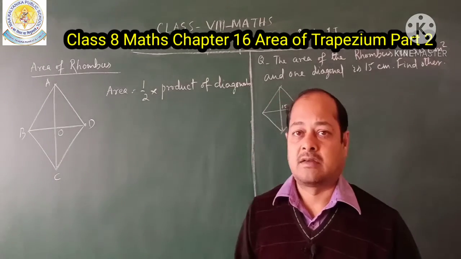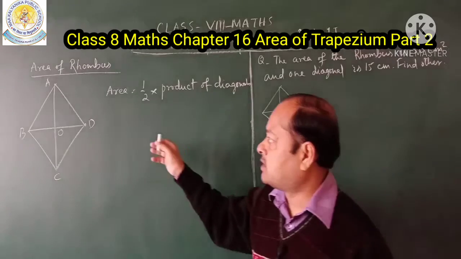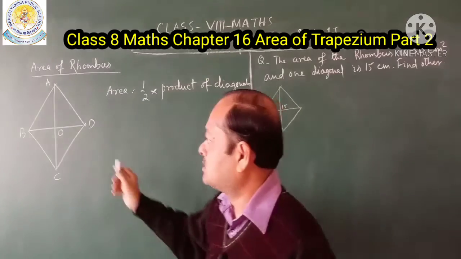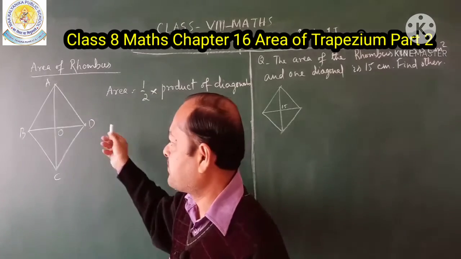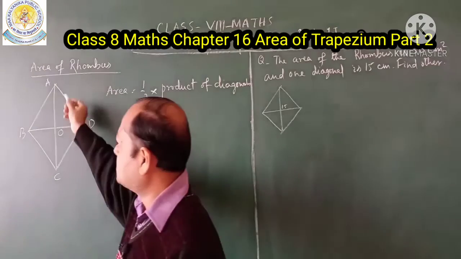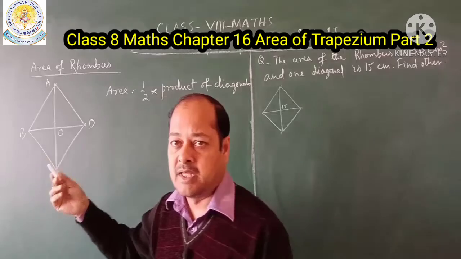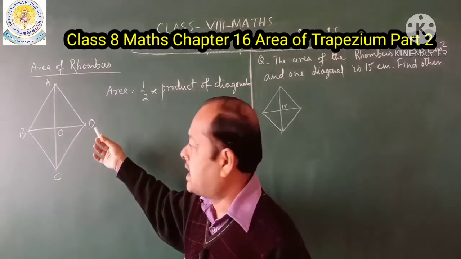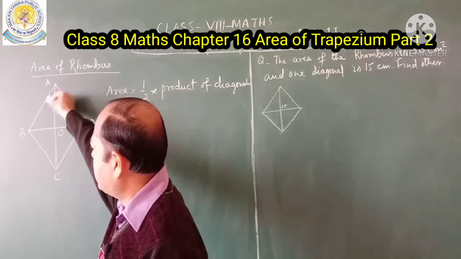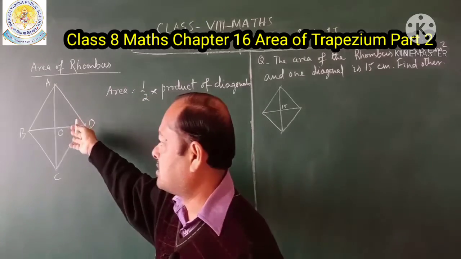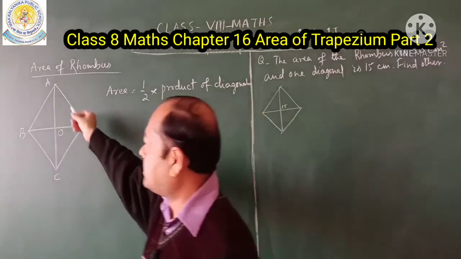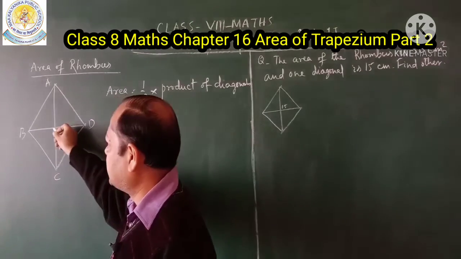Before we start, I am going to explain what a rhombus is. Here, ABCD is a rhombus, the name of the rhombus is given. But what is a rhombus? A rhombus is a plane figure, you can draw it on the blackboard, and its sides are equal. The four sides of a rhombus are equal, and the diagonals bisect each other.